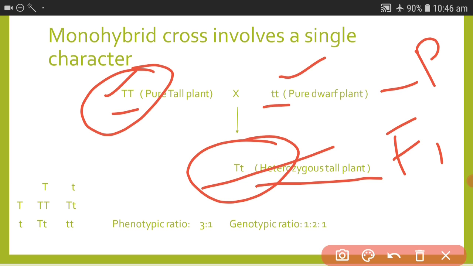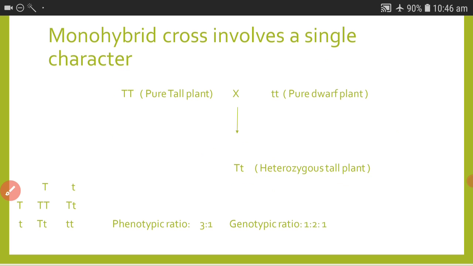Whereas in F1 generation, the tall plant that is formed is phenotypically tall, but genotypically it is not homozygous, it is heterozygous. So like that, the F1 generation received both genes for tallness and also for dwarfness, but it appears to be tall. Genetic makeup is different. It's not pure. Genetic makeup is different, but phenotypically it appears to be tall in nature. So this condition is called